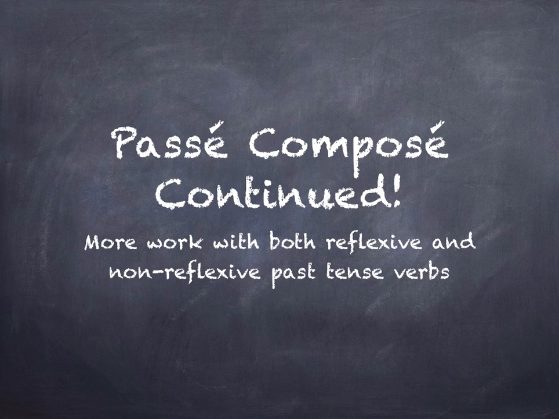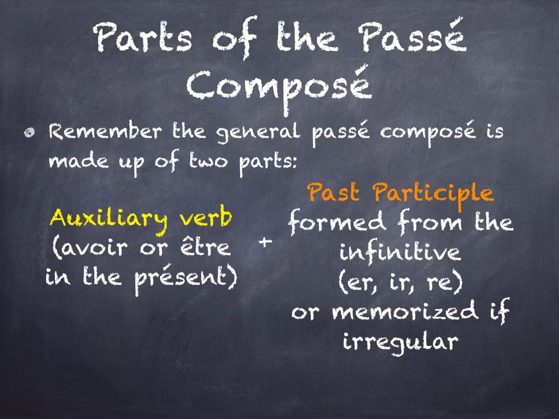Continuing with the passé composé with both reflexive and non-reflexive verbs. So remember the two basic parts of the passé composé. It always starts with the auxiliary verb, either avoir or être, conjugated in the présent, depending on what verb it is that we're conjugating overall,